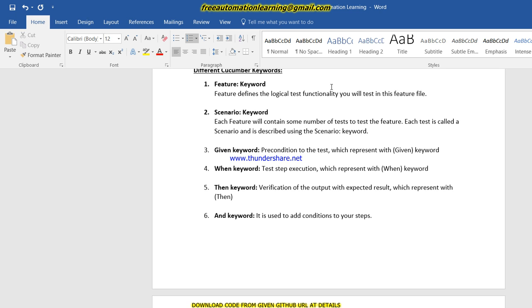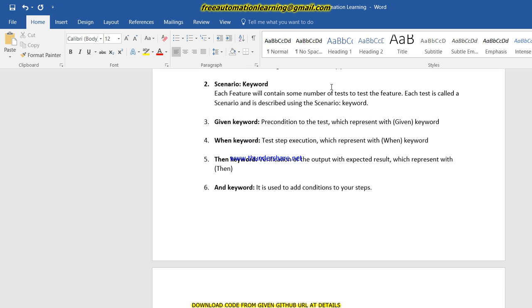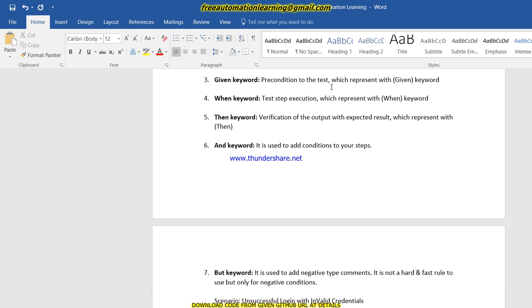When I enter username and password, and then after that when I click on the login button. So we can write this also: when I enter username and password and I click on the login button. So at that time we can use and.